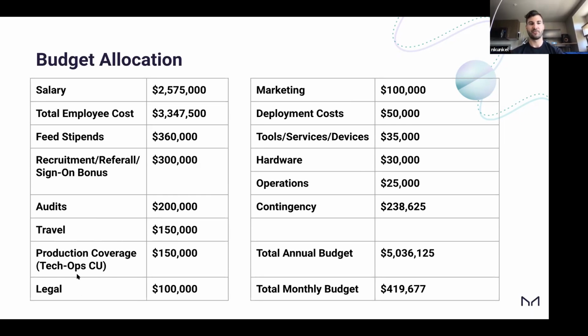Legal fees, right? Associated both with getting the business structure up and running, as well as the ongoing legal complications that anything involving crypto always has. And it's always the really expensive law firms that are the only ones that seem to be qualified to give answers. Legal is a significant part of the budget.